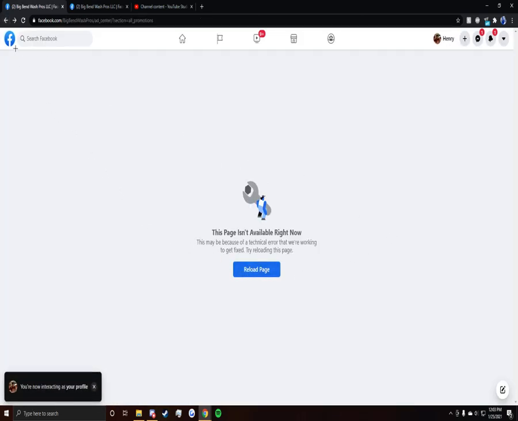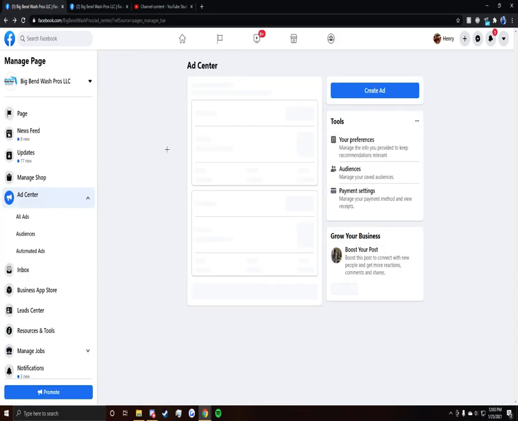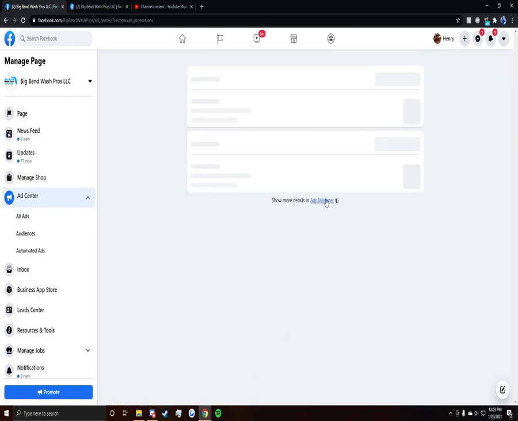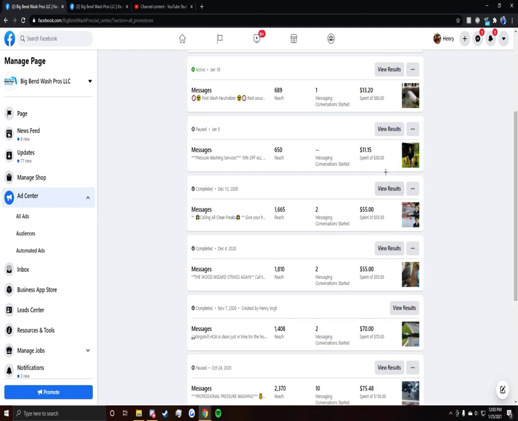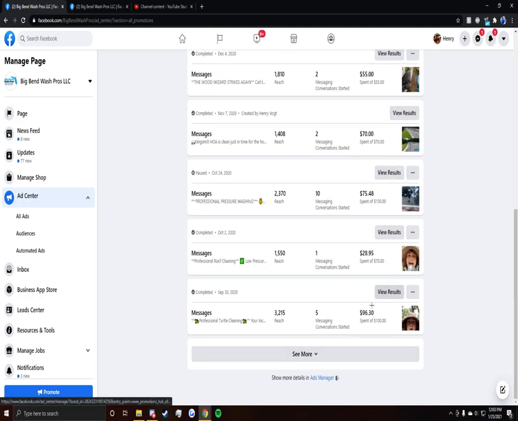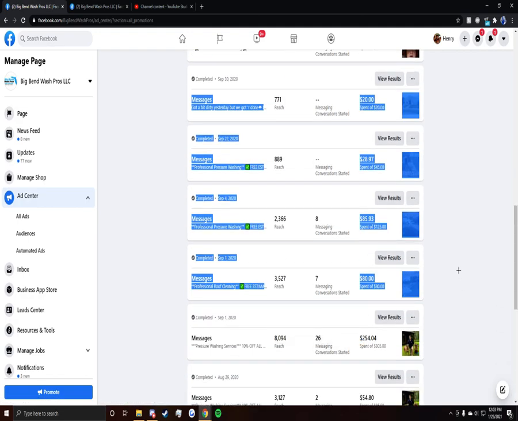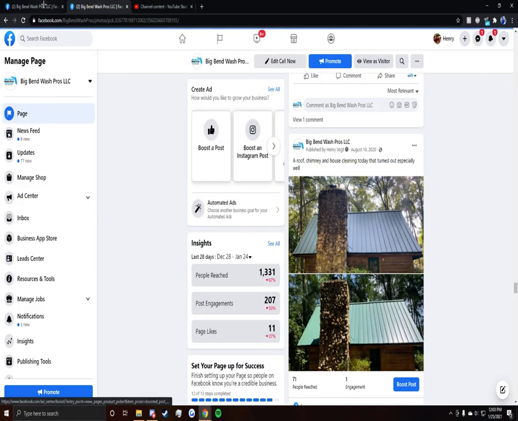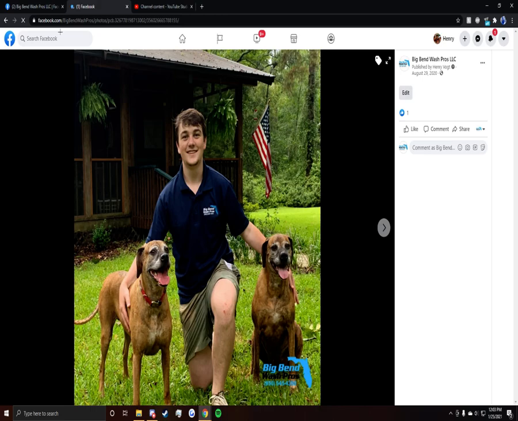But I'll show you, there's one. This one I have 3 or 4 ads associated with it, so you actually need to go in and delete that one, and you'll need to delete all the other ones. See, I have 3 down here that I ran for the same post. So if you have multiple ones for it, you'll just need to go in and delete all of the ones associated with it. And then here, if you come back, it takes a second sometimes, but if you just give it a good refresh,